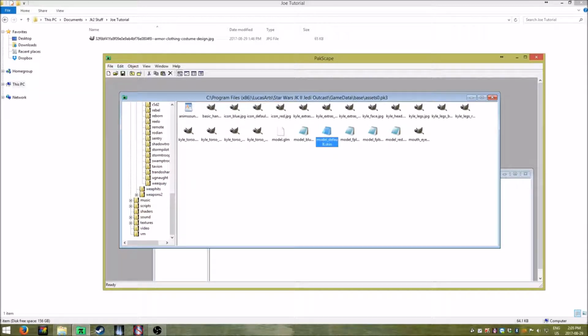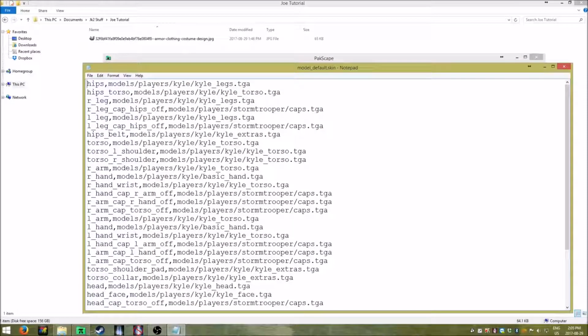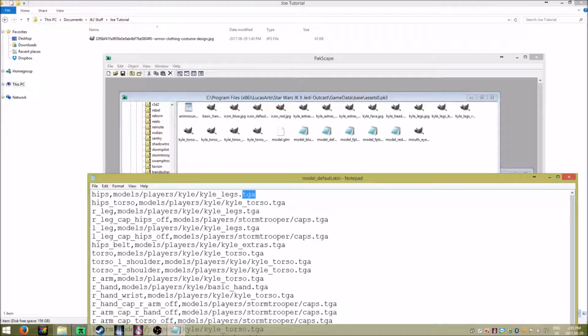And then these are like the different models that you can make, because if you open this up, it says model default dot skin, and then it says, okay, so the hips for the model default for Kyle is located in models players Kyle legs.tga. That's the file name. And then if you go in here, Kyle legs.tga